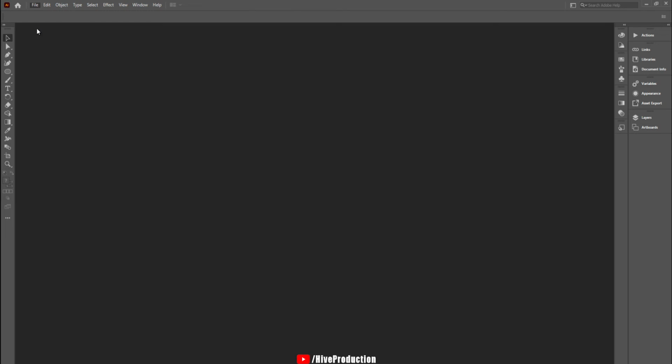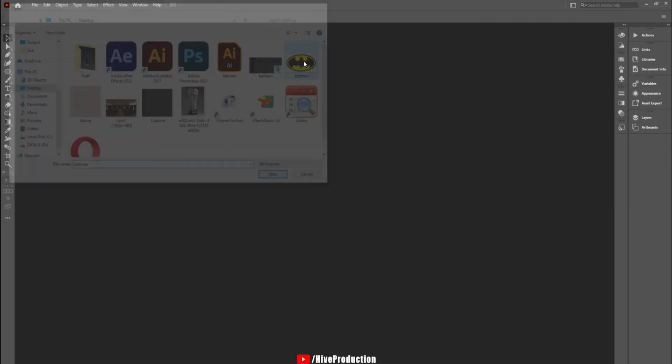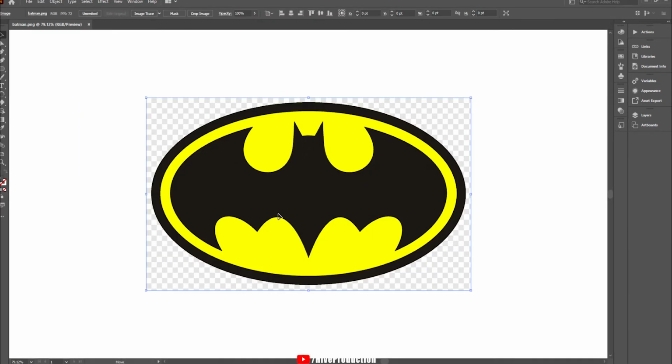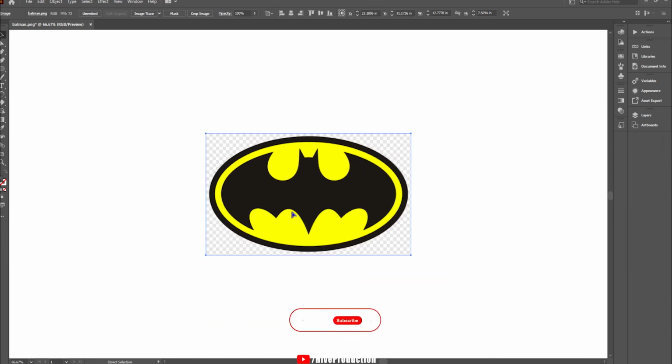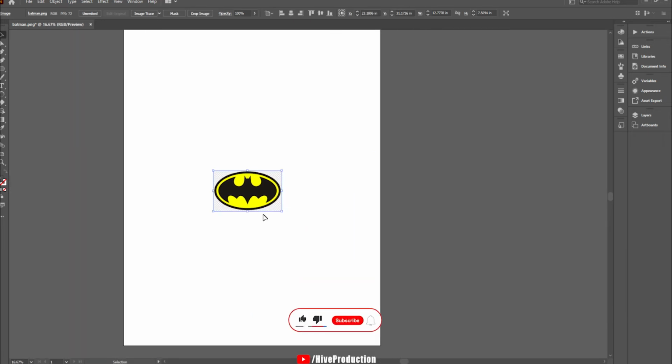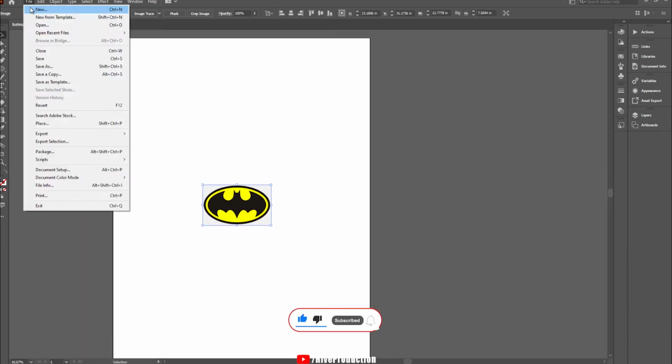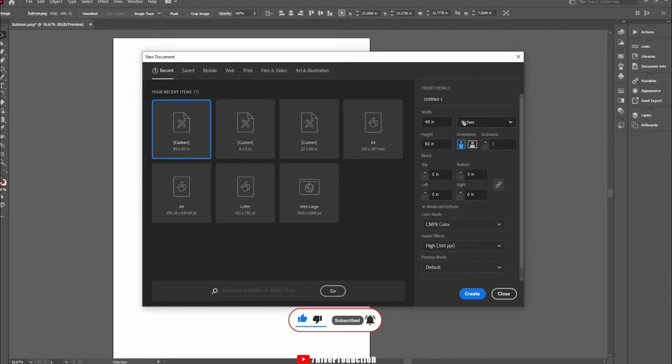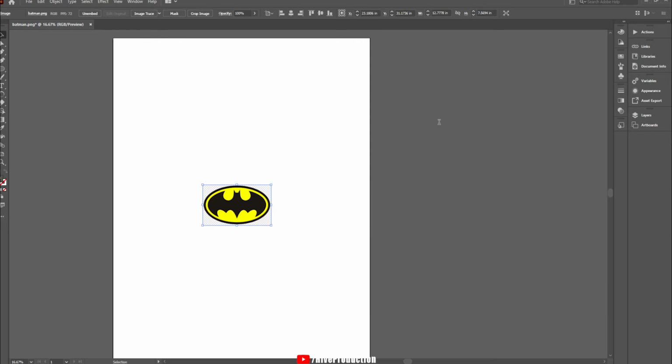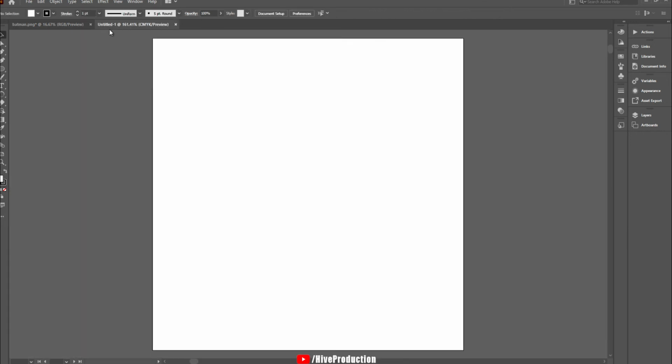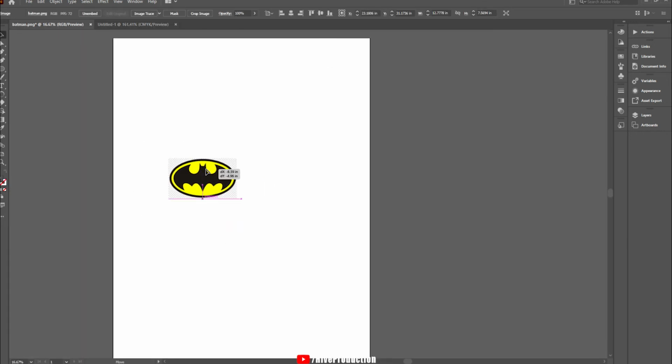First I'm going to import one of my 2D images, which is called the Batman, which is very common and can be easily downloaded from Google. So we'll take a new canvas as well, which is approximately 6 by 6 inch. My next step is that I'm just going to select this Batman logo,